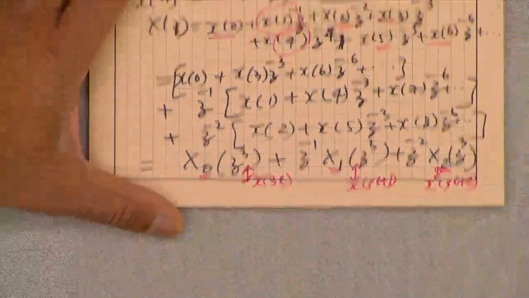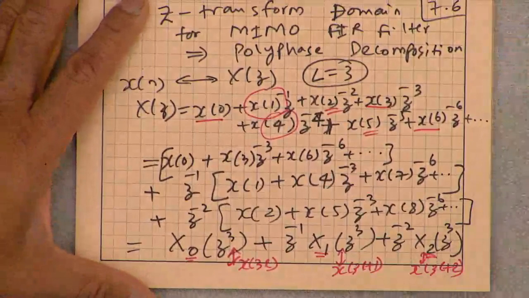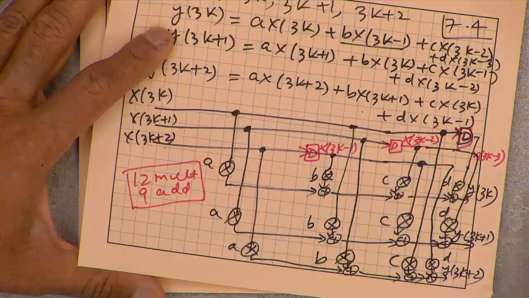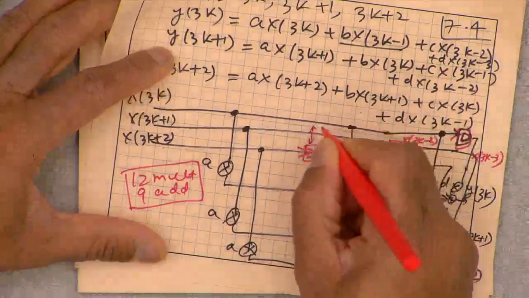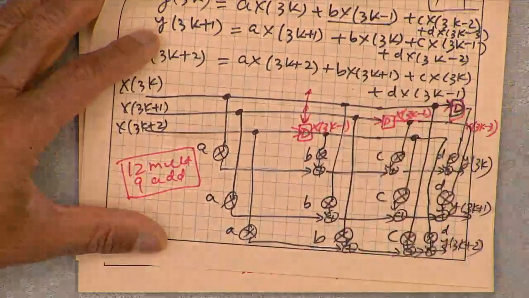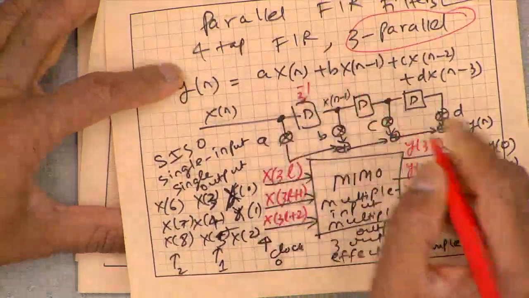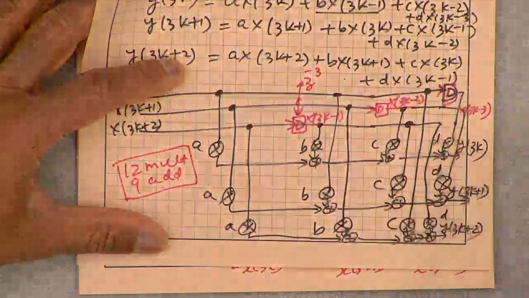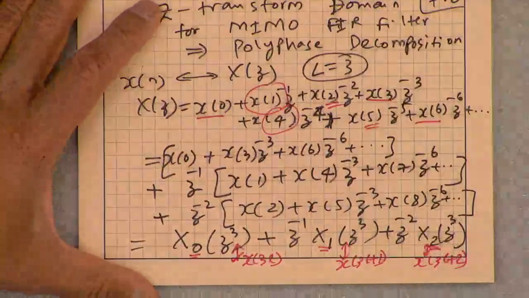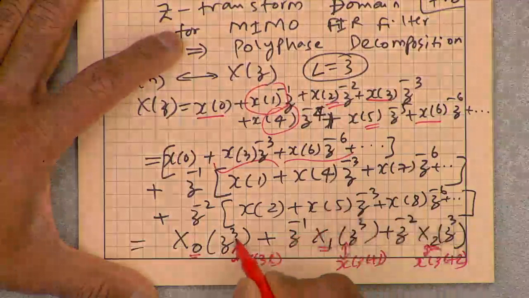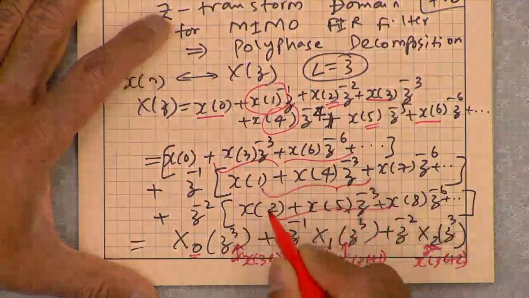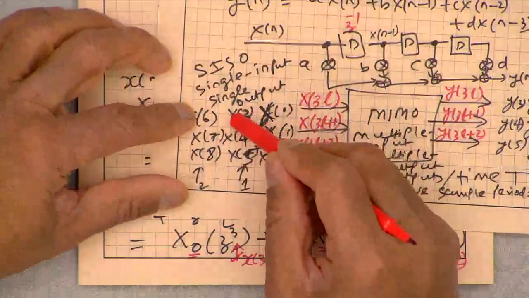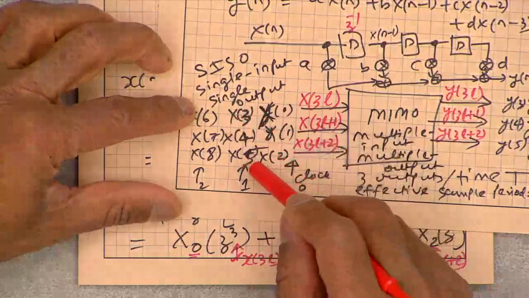Why z cube? As I have alluded before, each state now is really z cube. So if you think about each state here representing z to power minus 1, as you are used to in a typical class, think about each delay now representing 3 sample delays, or z to power minus 3, and each of these phases is a polynomial not in z to power minus 1. We can't have z to power minus 1 because if I feed x6 here, a delay is not going to give me x5. x5 is here in another wire.